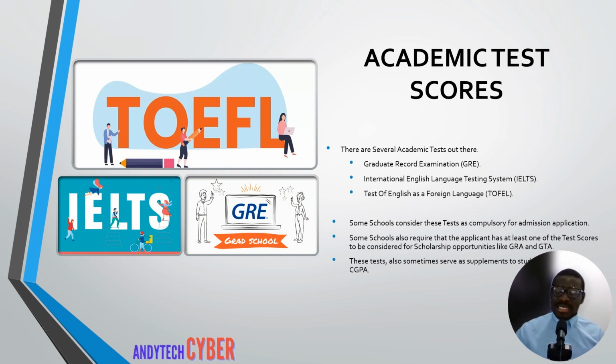But for GRE, please, if you think you had a lower class pass, write GRE. It's going to supplement what you have, and that's going to give you a chance, right? So that's the advice. For GRE, IELTS, TOEFL, you would want to sit down and read the requirements of the school you're applying to. The school will tell you whether these tests are required or not. If they are not, that's good. You would want to do it as an option, so that it can help push you up there.